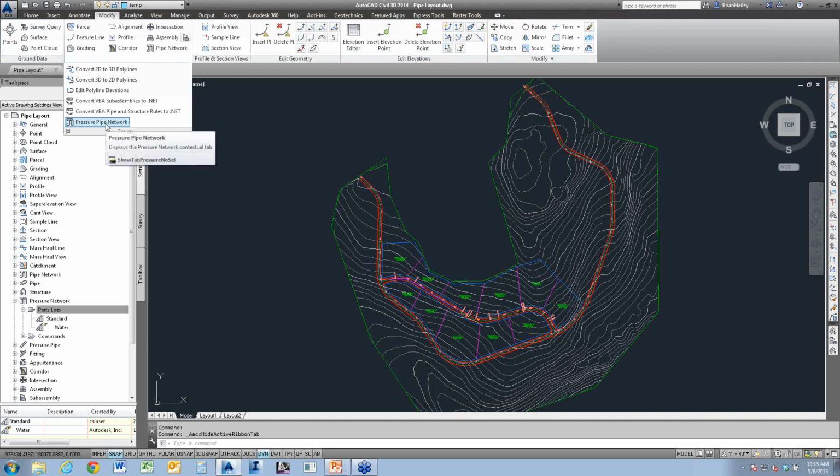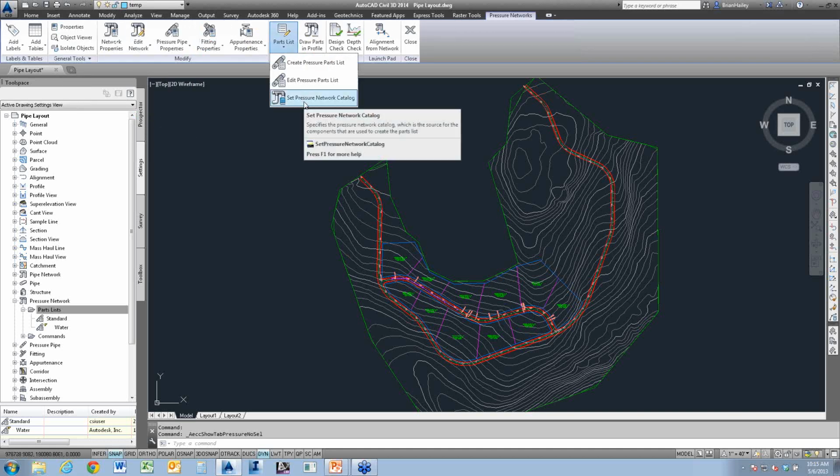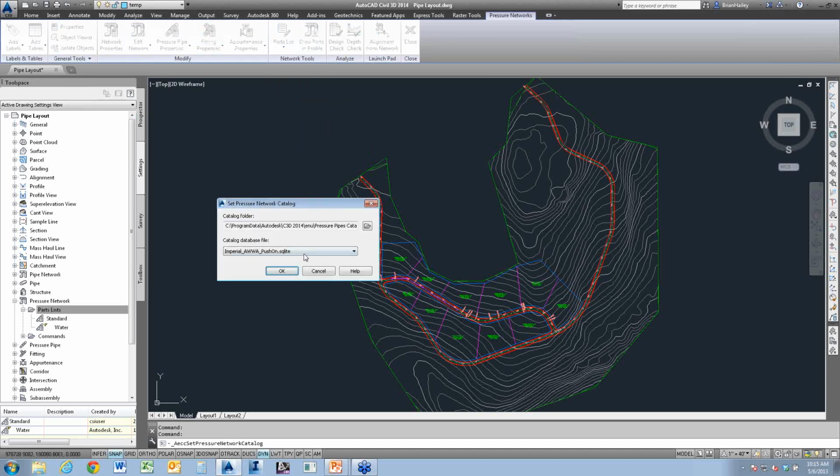Pressure pipe network, I can change my catalog. This will work better. So as you can see, Civil 3D comes with 3 different catalogs here. I was playing around, I created this test one, so you won't have the test. But we have push-on, mechanical, and flange. So I'm using the push-on ones here.